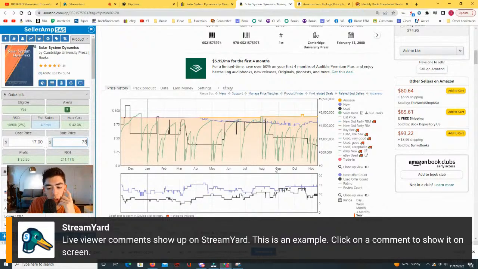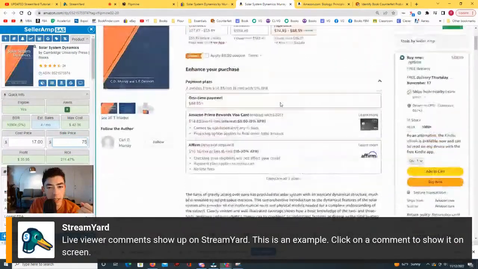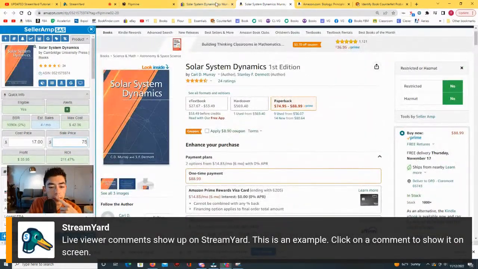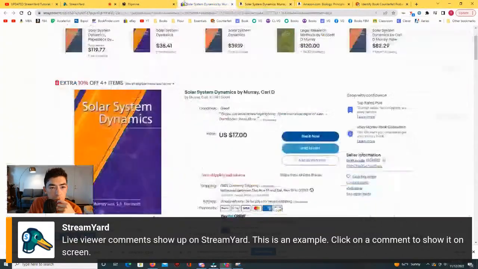So there we go. That's our first good flip that we found. And really with FlipMine, it's just a numbers game. You're going to go through a number of books until you find something. And yeah, there's that. Some of the other things that you might want to look at is just to come back down here